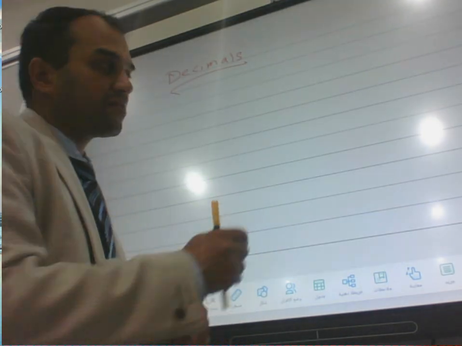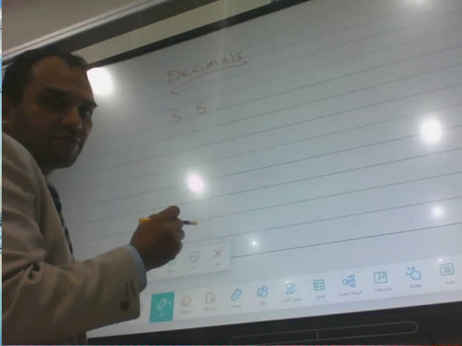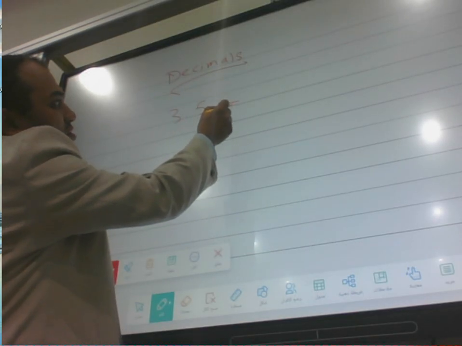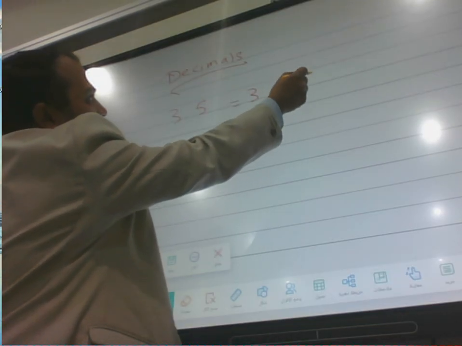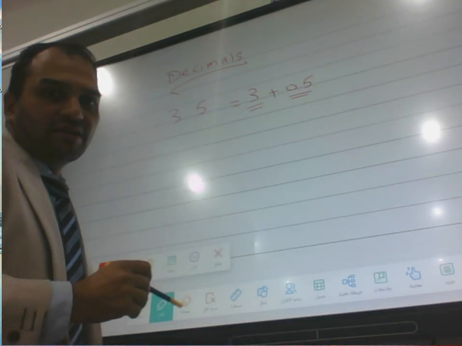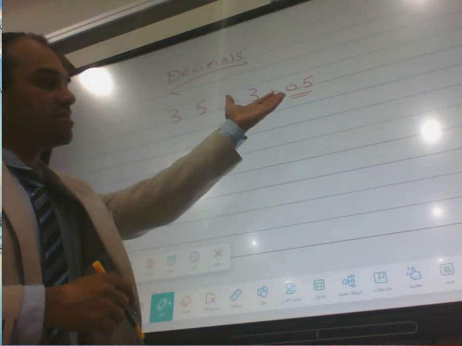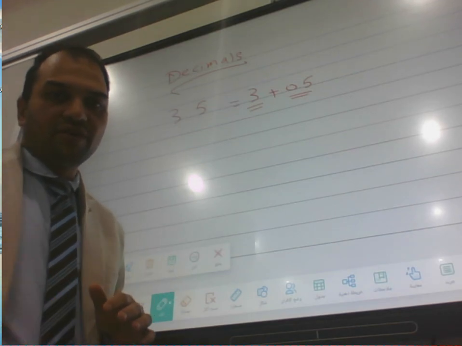Look at this with me. Here we have 3.5. It's a decimal number. It contains the whole number 3 and 0.5, which is 5 tenths. Okay. Then we have a whole number and a decimal. This number is then what? It is 3.5 equal to 3 plus 0.5. We can write